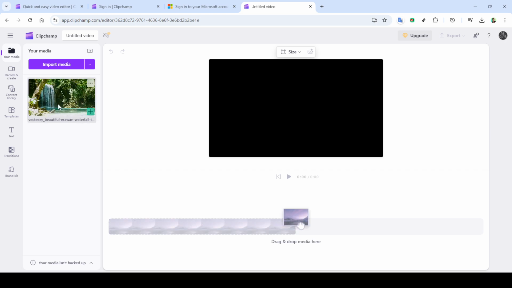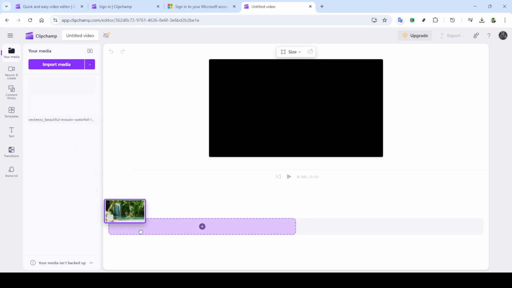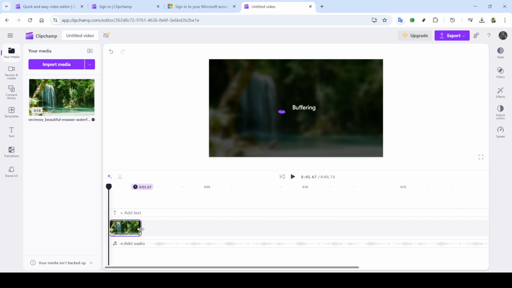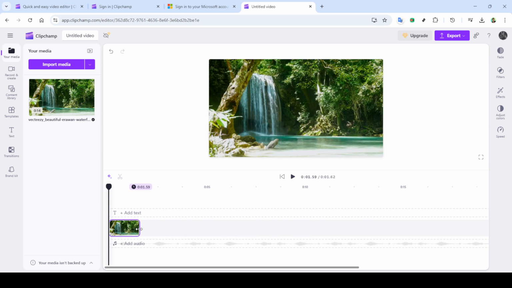Now that you're on the homepage, look for the Create a New Video button. Clicking on this will guide you toward the video creation interface, which is where all the magic happens. Once you enter the video editor, the next thing you want to do is import the media you wish to loop. This can be done by clicking on the Import Media option, which will allow you to upload your video